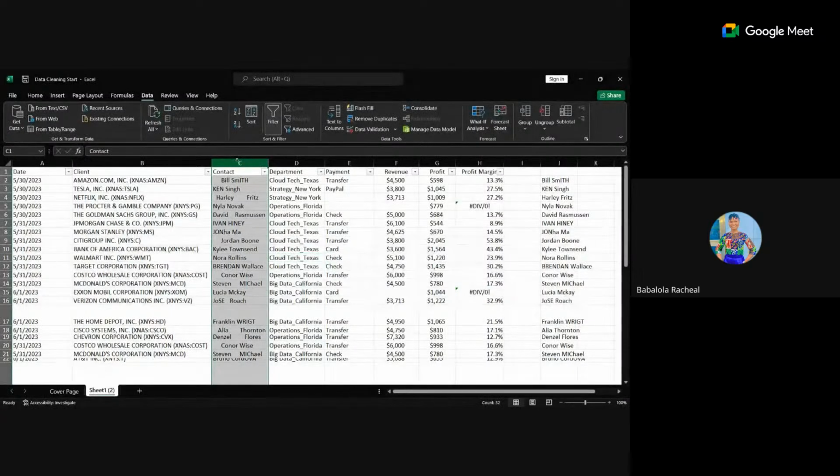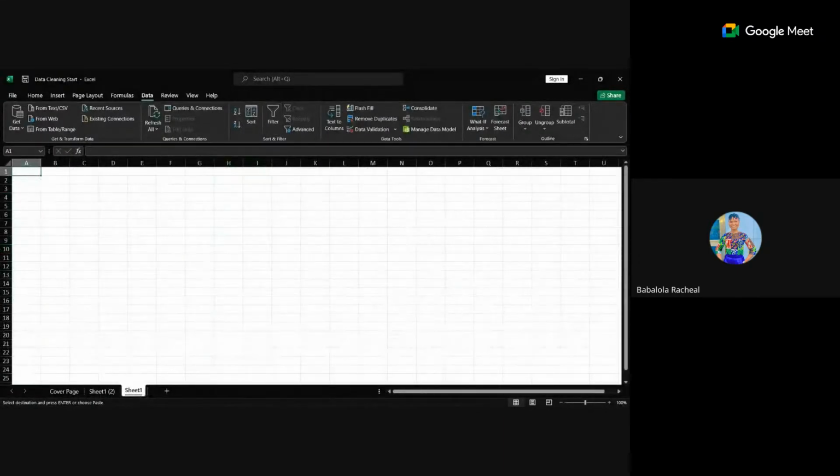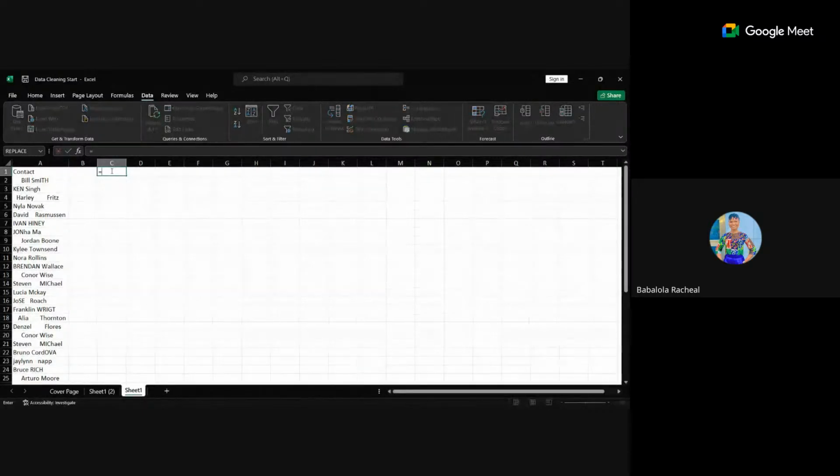Column C. I was expecting us to paste it on another sheet, right? Yes, on the new sheet. Very good. So we can trim now. Equals